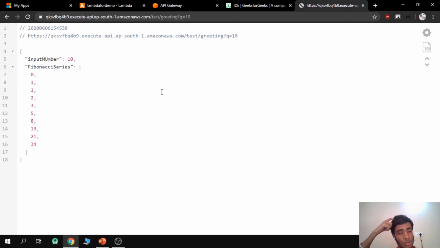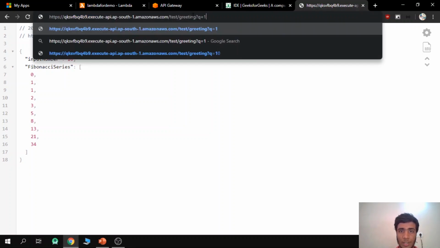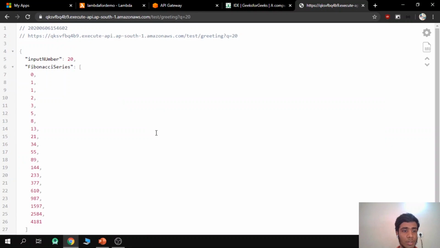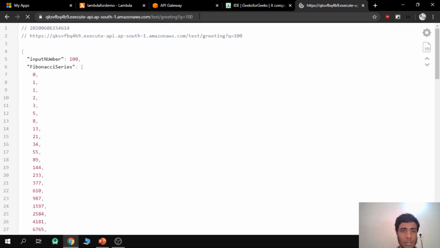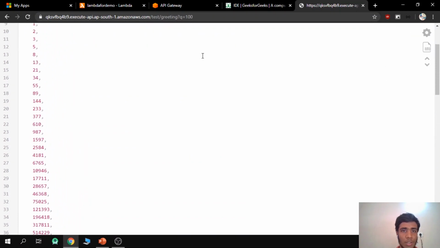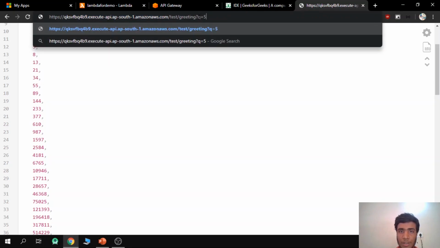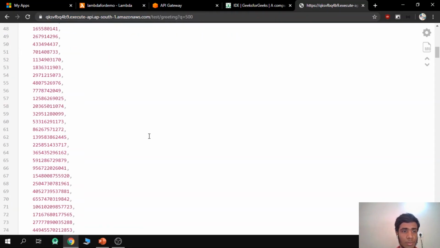Okay, let me just quickly show you the power of Lambda function, because let's say we are asking for 20 elements. You see that the answers are very instant. See, let's try it for 100 numbers. See, it's able to do that in seconds. Let's step up and calculate Fibonacci for 500 numbers.